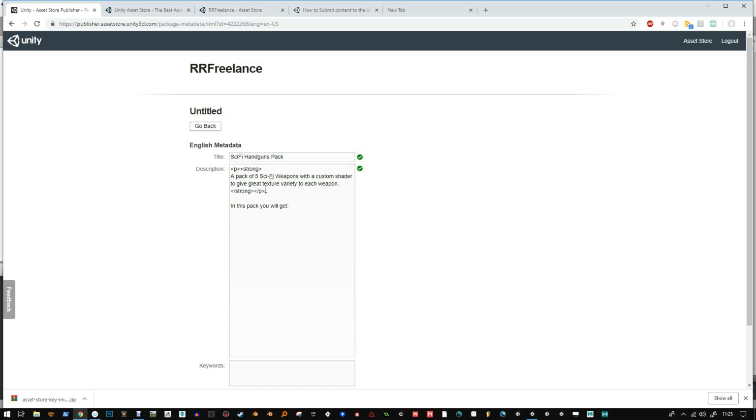/P, or if I want to break a line, I have to do BR. In this pack you'll get, I can do BR. Now that only takes it to this line, it's not going to skip a line. If I want to skip a line, I'll do 2 BRs, so the break lines. In this pack you'll get, and you could do a little